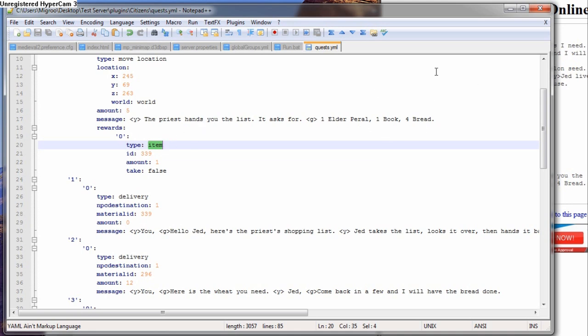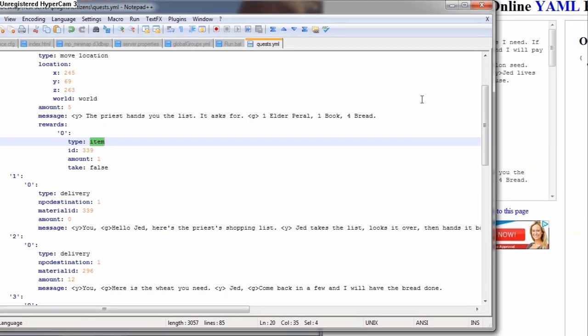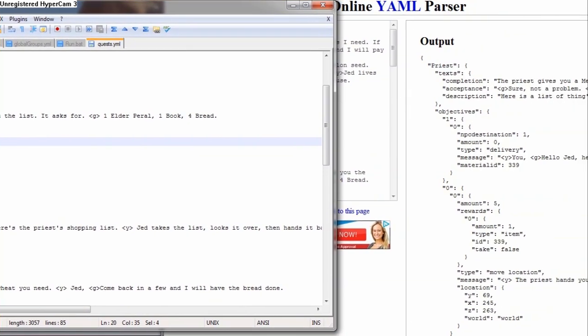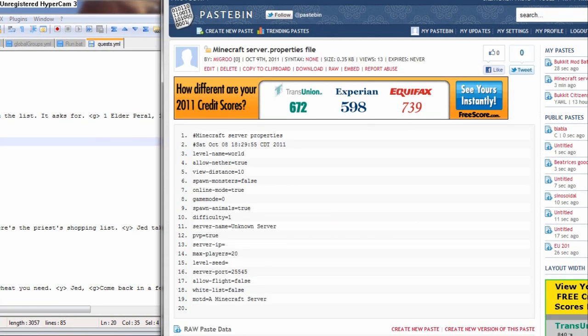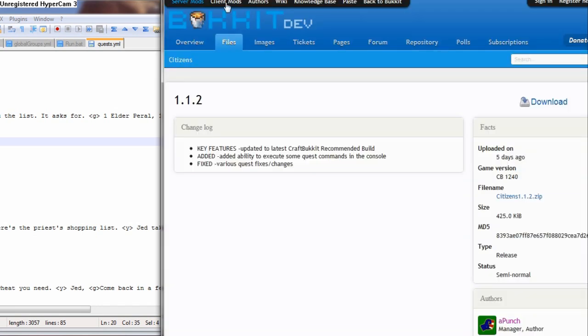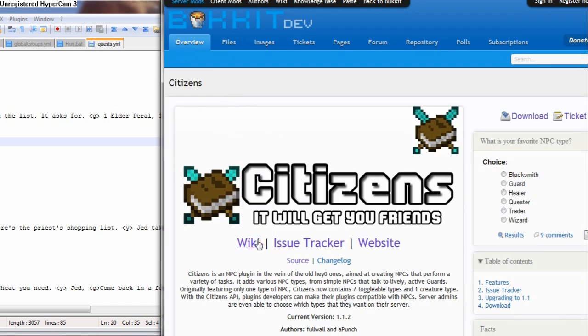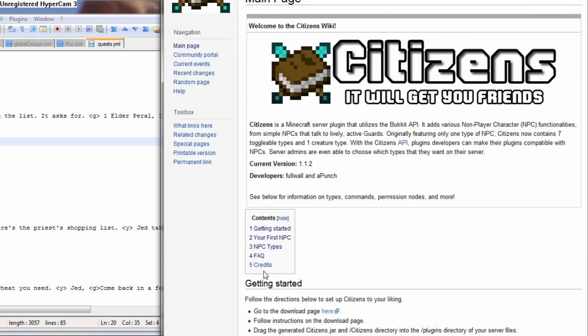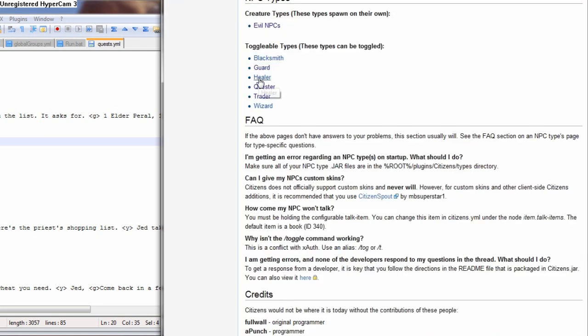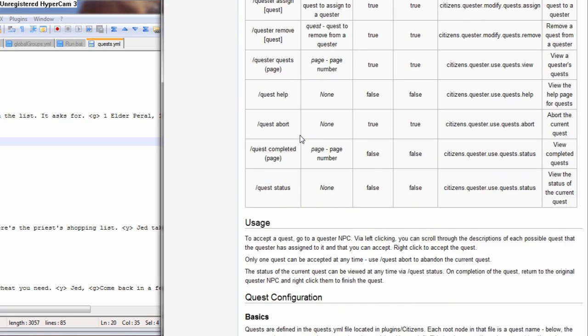They actually have all of that on their wiki, which I might as well show right now. Let's see here. Nope, nope, no. Oh, here we go. Go back out of that to their wiki. Then under their wiki, just go to NPC types. We're dealing with Quester.